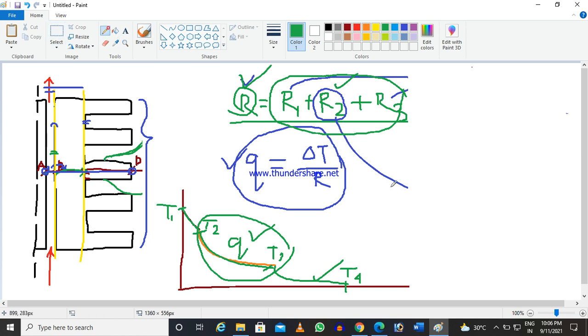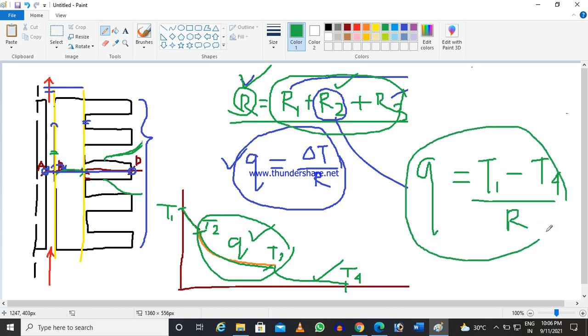Now the overall heat transfer Q is equal to T1 minus T4 divided by R. So this is a technique through which, by using the simulation as well as simple mathematics, you can find out the overall heat transfer for complex geometry where the Nusselt number cannot be estimated using conventional regression formulas, because the characteristic length is not known. Okay, so this was all about